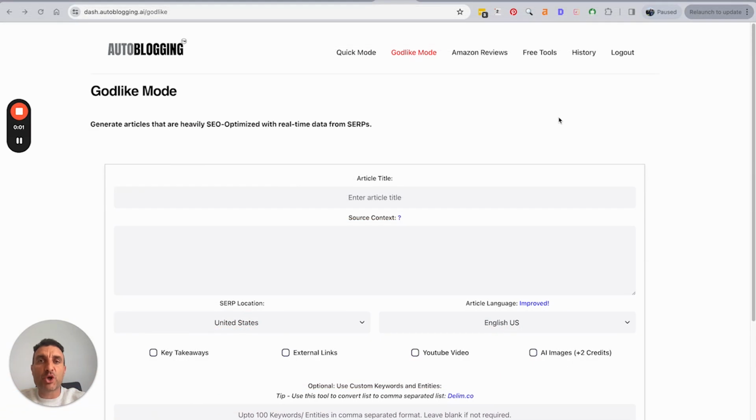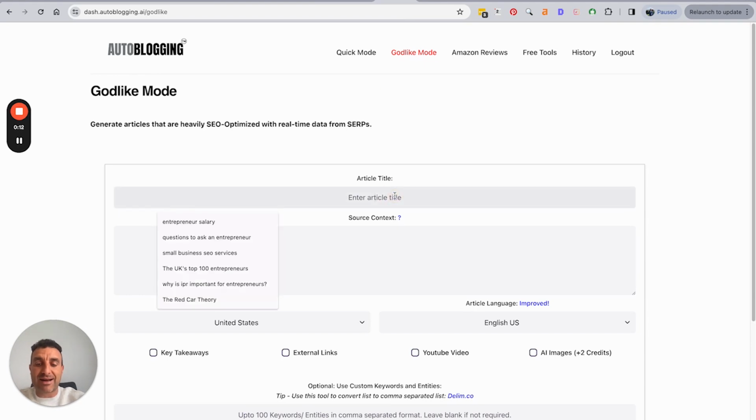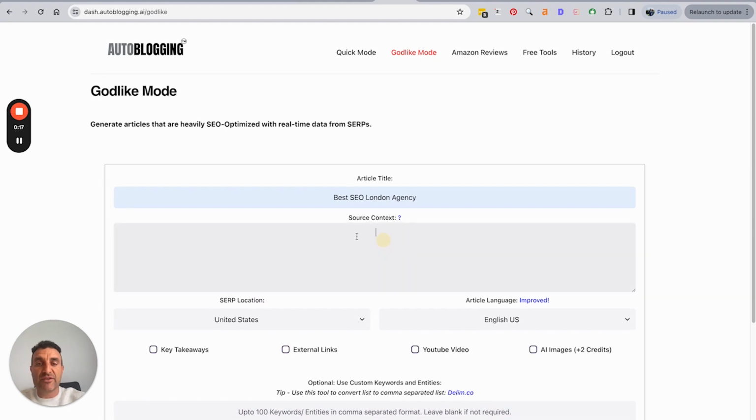Hi, in this video I'm going to show you how you can create On-Page.ai optimized content using Autoblogging with Godlike Mode. So if we're going to try and start ranking for the term best SEO London agency, and the source context